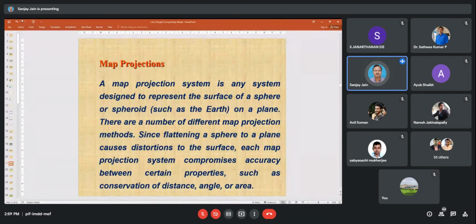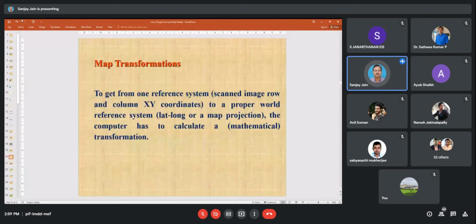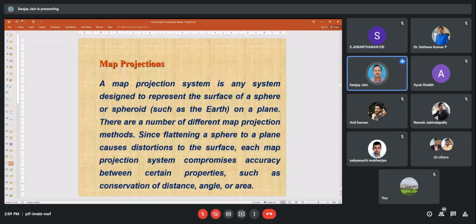That is to give a proper coordinate system and projection system and to bring all the database onto the same platform. Like in our hydrology, we are using a soil map which we are getting from the National Bureau of Soil Survey and Land Use Planning, Nagpur. They don't have any coordinate system and projection system. So I have to bring that also onto the same.